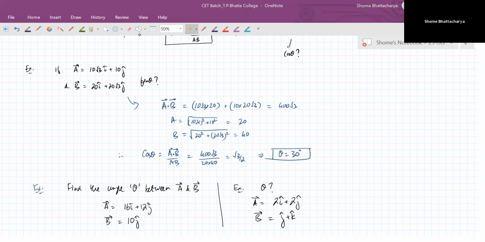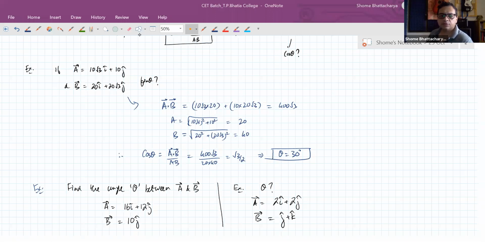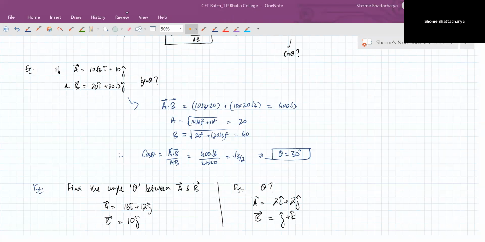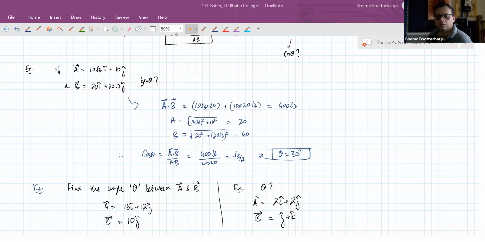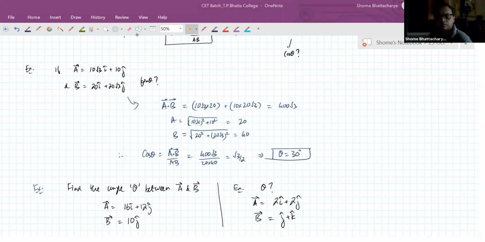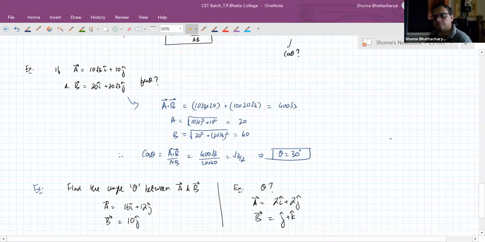Okay, people, if you finish writing down this first example, just as a practice, calculate the angle between A and B in next two examples. Okay, and with that we will finish the dot product concept. So hope the first example is clear to all of you, how we got theta equal to 30 degrees. Okay. Now just work it out for these next two examples. In fact, let's do one more after this also.